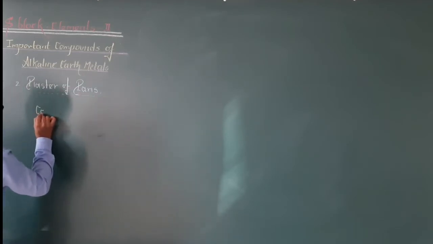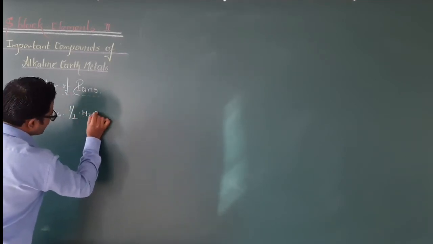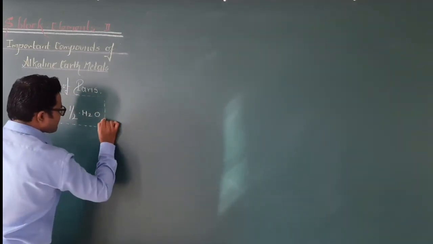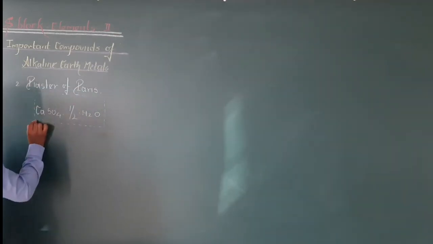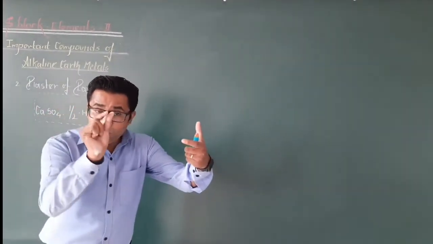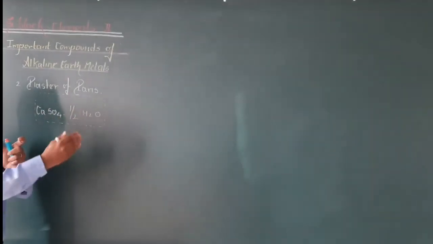So as we take a look into its chemical formula, it is CaSO4 dot half H2O. Okay, so this is the chemical formula. In simple terms, between 2 calcium sulfates, there is 1 water molecule. Okay, so 1 calcium sulfate will have half water molecule. Simple as that. So therefore, we also call it